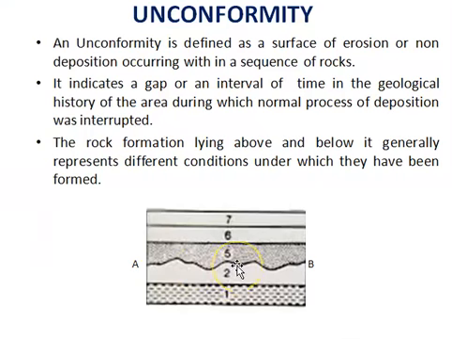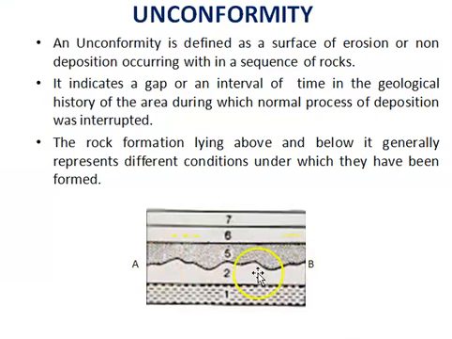This diagram in the slide shows a layered sequence where AB represents unconformity between layer 2 and 5. Layers 1 and 2 get deposited first, so they are older layers of rocks. After the deposition of layer 2, the process of deposition was interrupted and the layers 3 and 4 which were deposited are uplifted and exposed to conditions of erosion and get eroded. So the surface between 2 and 5 represents unconformity.